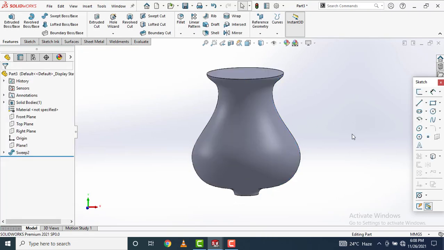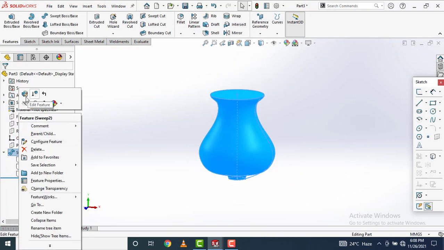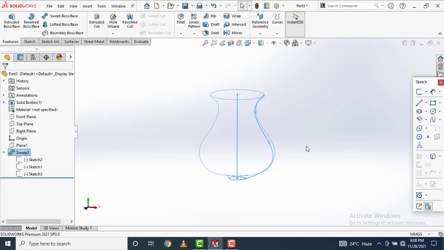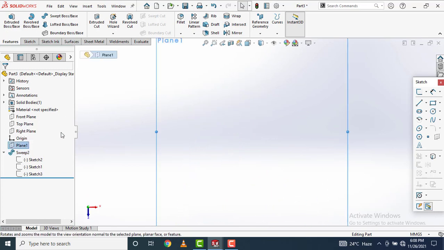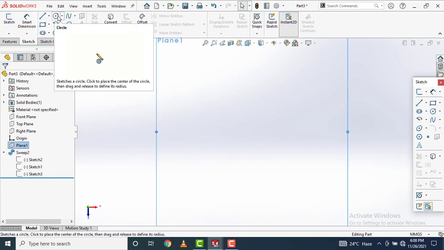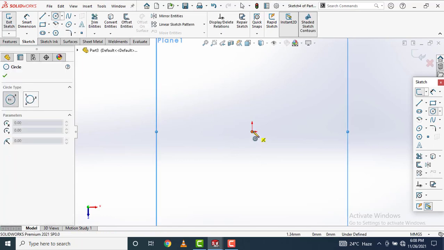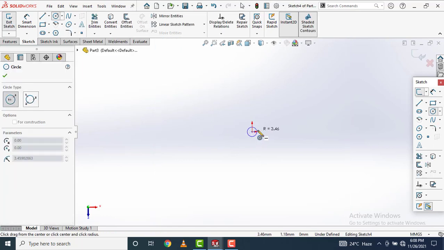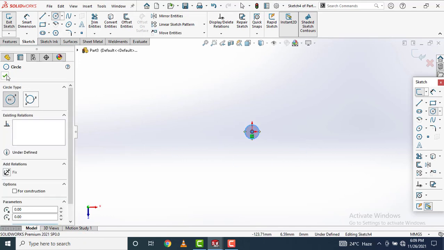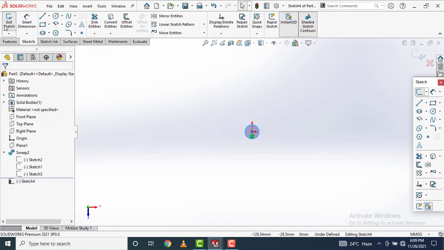Click OK. Then I will select plane 1, make it normal to, select a circle from here, and I will select a circle of 5 mm radius. Click OK.